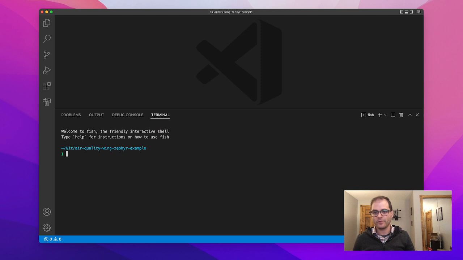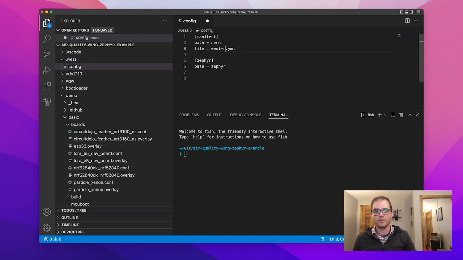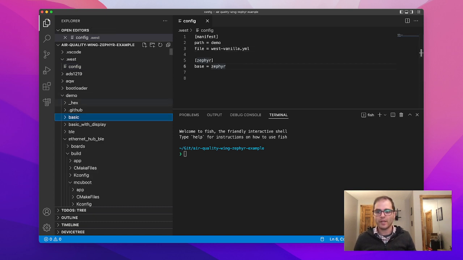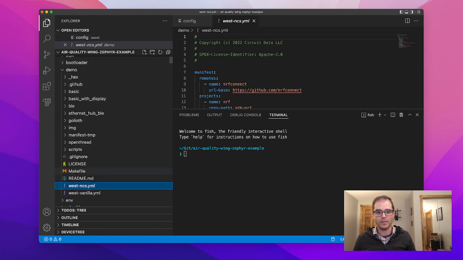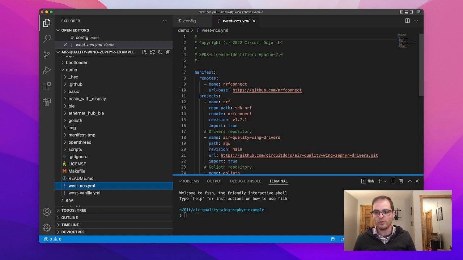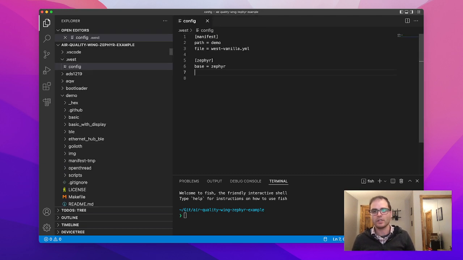Next, here's the fun part. We're going to be changing this over to vanilla. So you might be asking, where the heck are these files? What are you referencing? What is going on? I'm very confused. In the root of the demo, we already saw these earlier, you can see the West NCS and West Vanilla. That's all I'm doing, just changing which one we're looking at, and then we can actually initialize